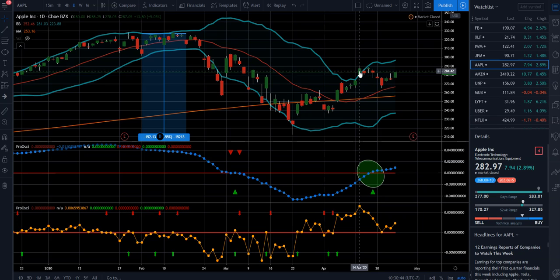It may even move up in anticipation of a good report coming out. But this isn't going to provide too much resistance here. We're really looking at this next level of resistance, about $300. If we get above that, you can see this gap here at around 310 is where this gap occurred. So we can actually see Apple move up to that $310 price range to fill the gap,